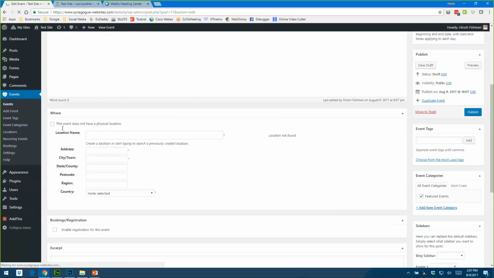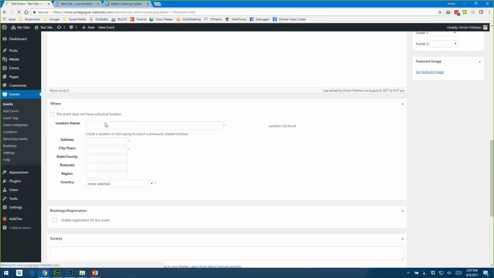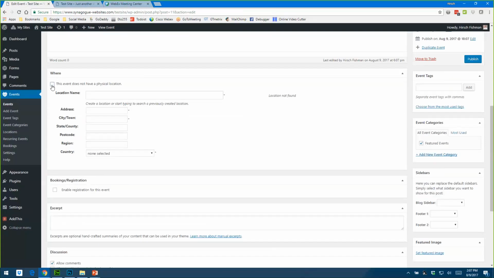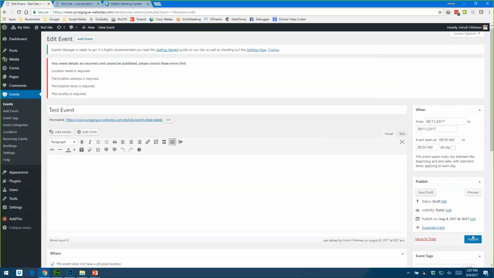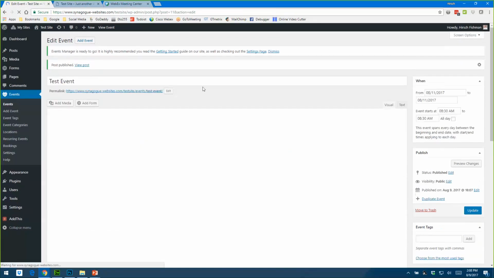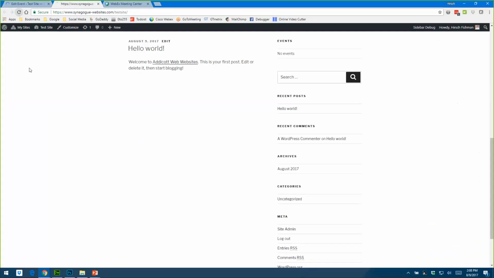Oh, I forgot to add a location, so I'm just going to check the box that says this event does not have a location. And I'm just going to publish the event again. And now what happens is if I were to refresh this screen, you can see